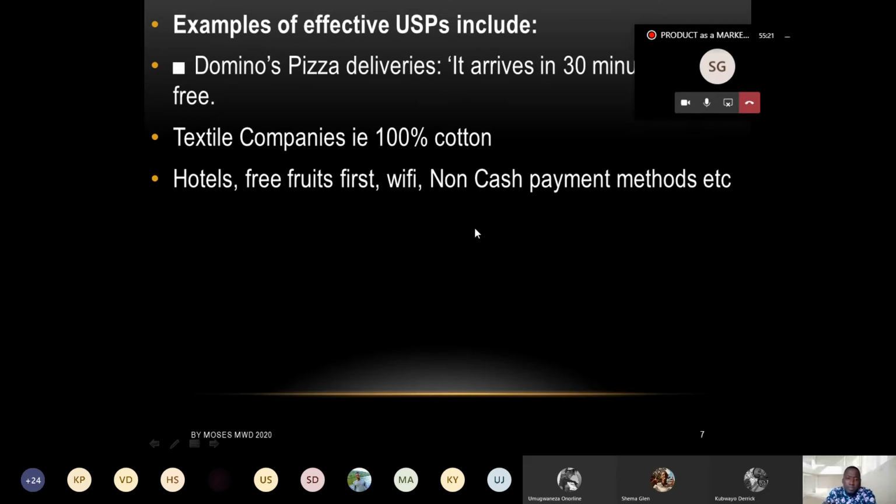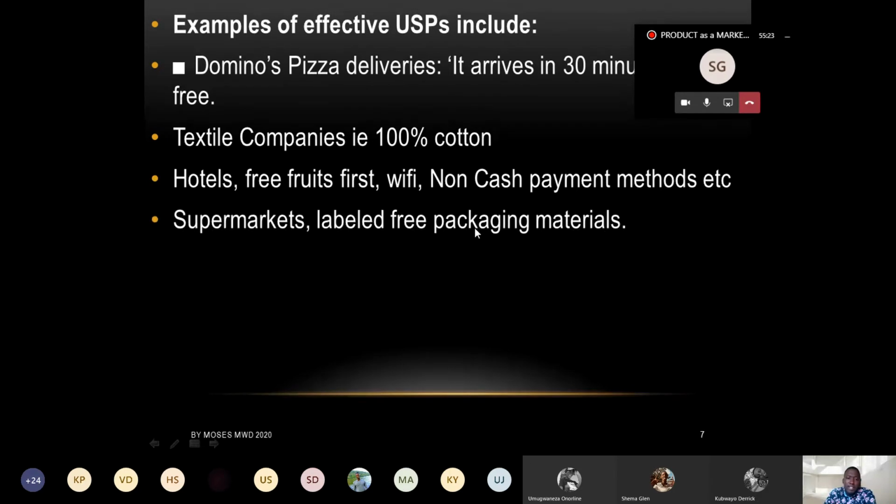We have supermarkets. Some supermarkets will give you those labeled free packaging materials. Okay, we have